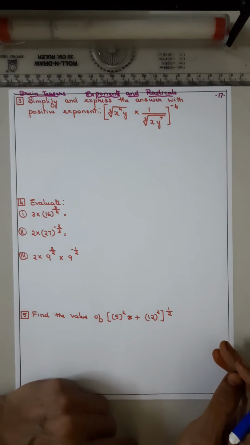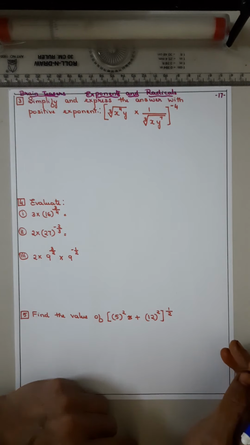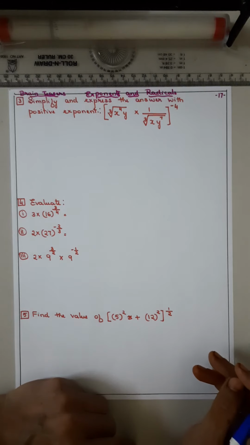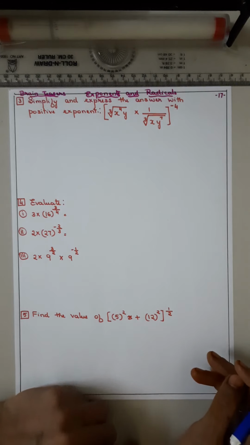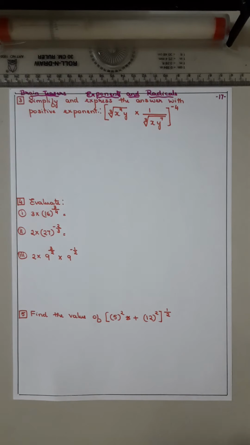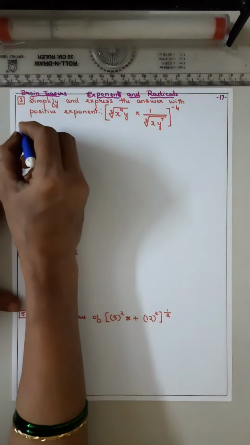We were discussing the lesson exponents and radicals, and we were in the brain teasers, isn't it? Now coming to question number 3. Simplify and express the answer with positive exponent. So simplify. The question is the root